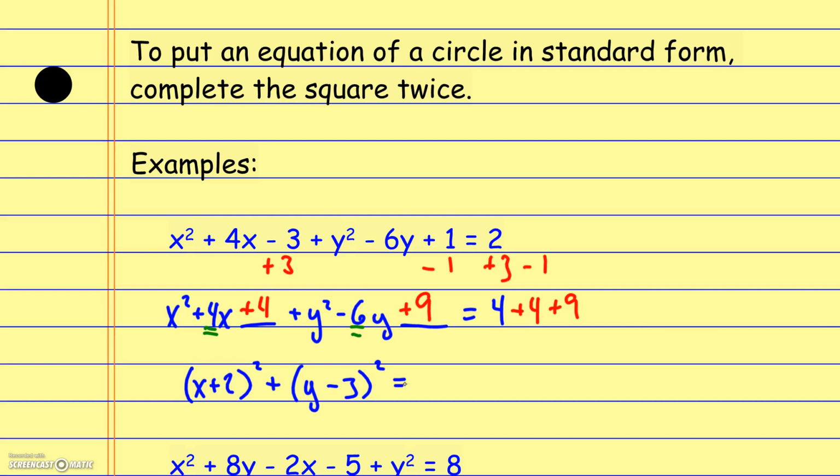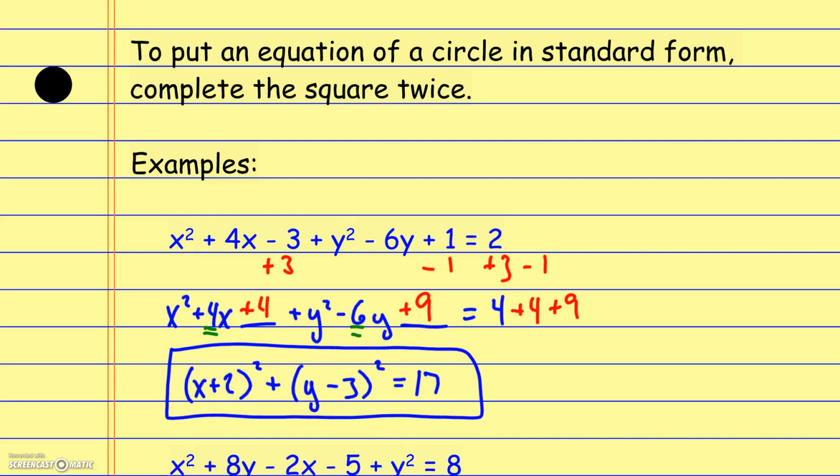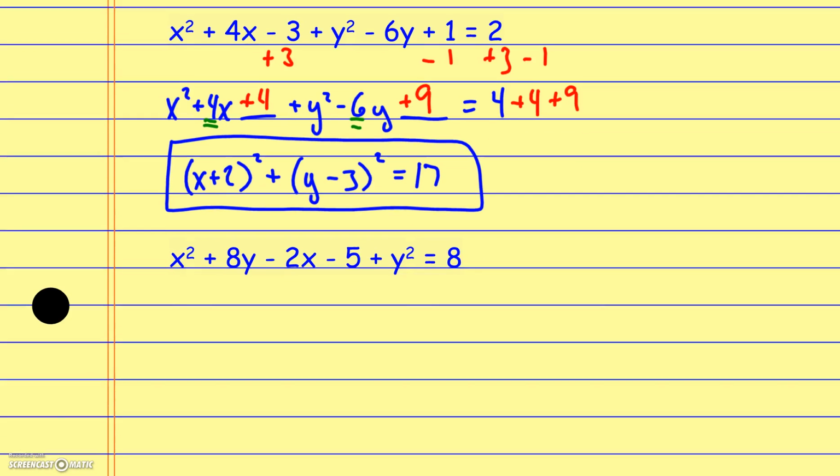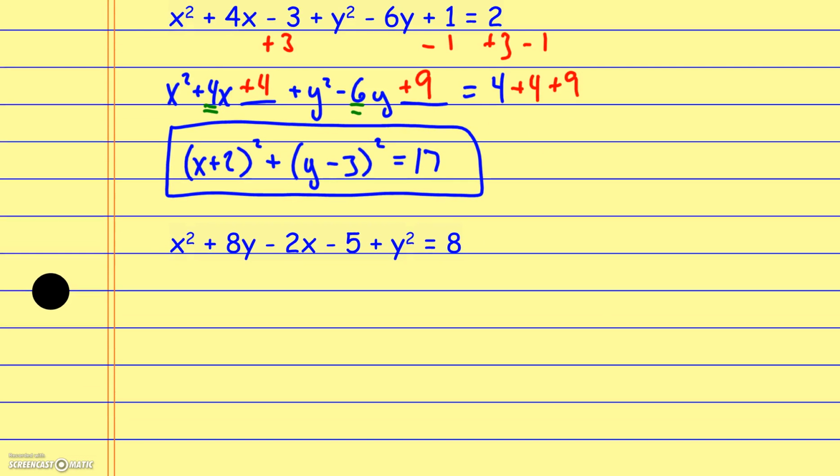And over here I just have to simply add all these together. It gives me a 17. See, so now I can identify the center and the radius, the center being negative 2, 3, and the radius being the square root of that 17. Okay, so we put this in standard form first so that we'll be able to get our center and our radius. If I do the same thing with the next one, the next one is a little bit tricky